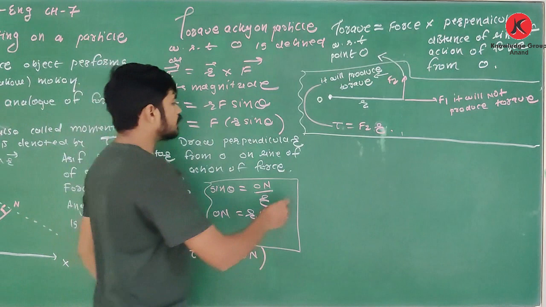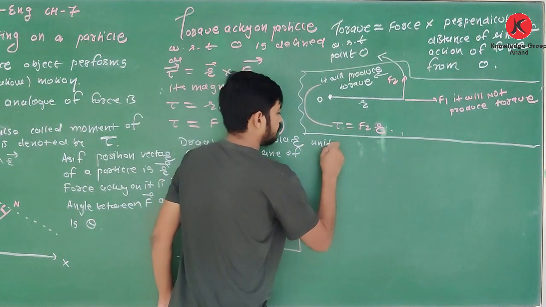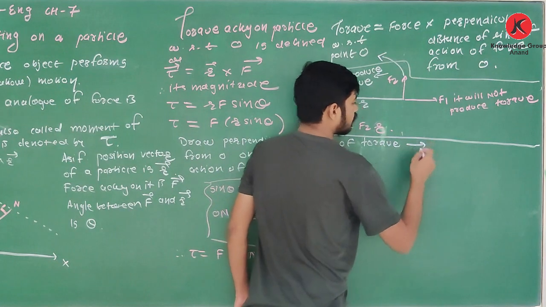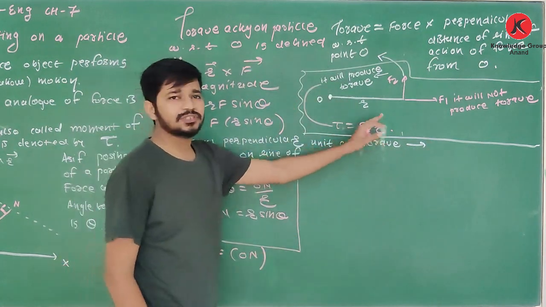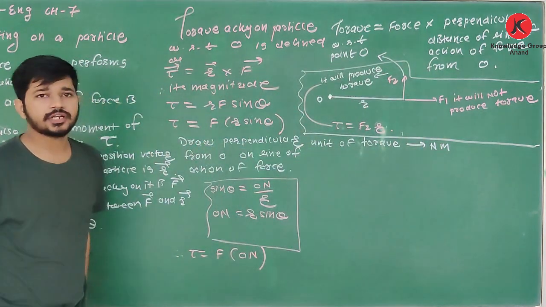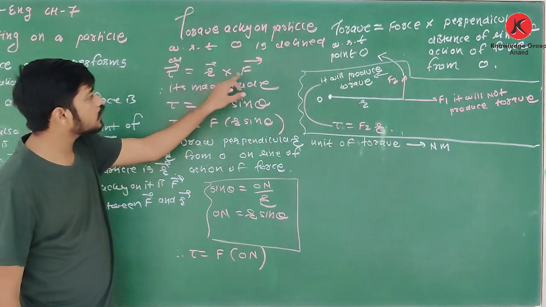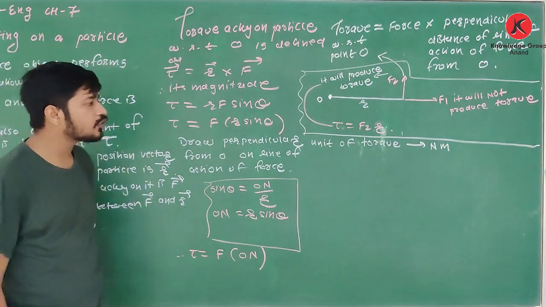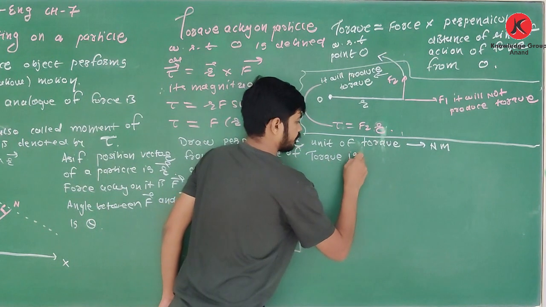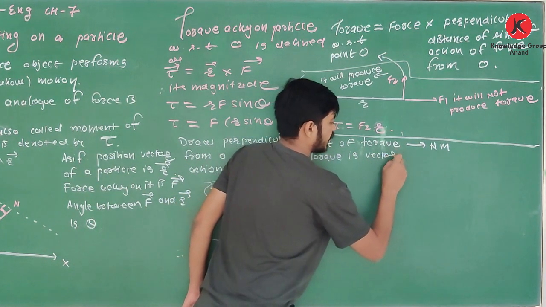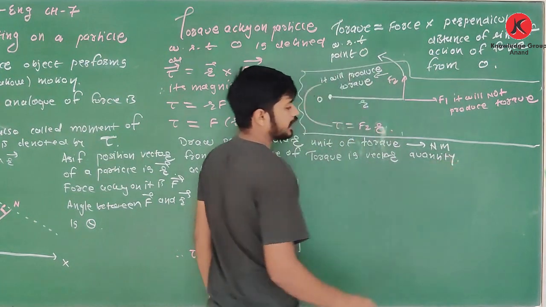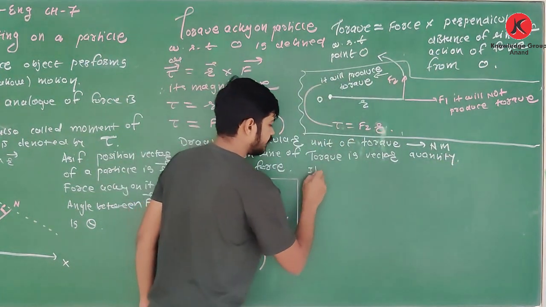Okay, now what is the unit of torque? Unit of torque, see, it is force into distance, so it is obviously Newton meter. Now see, torque is equal to R cross F. R cross F means torque is a vector quantity. Torque is a vector quantity. And its direction